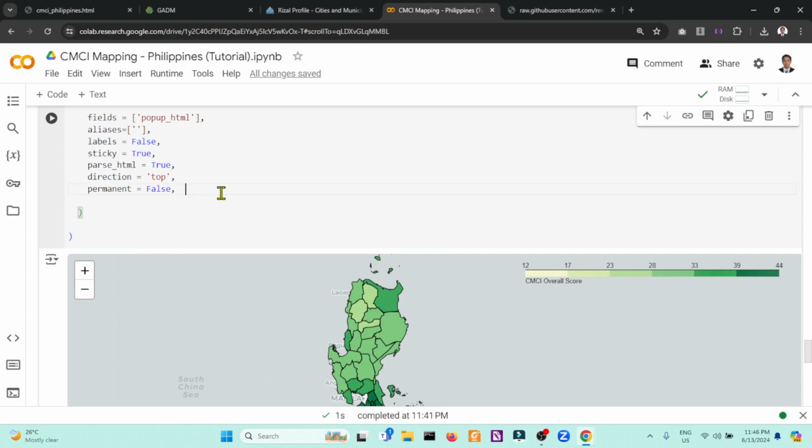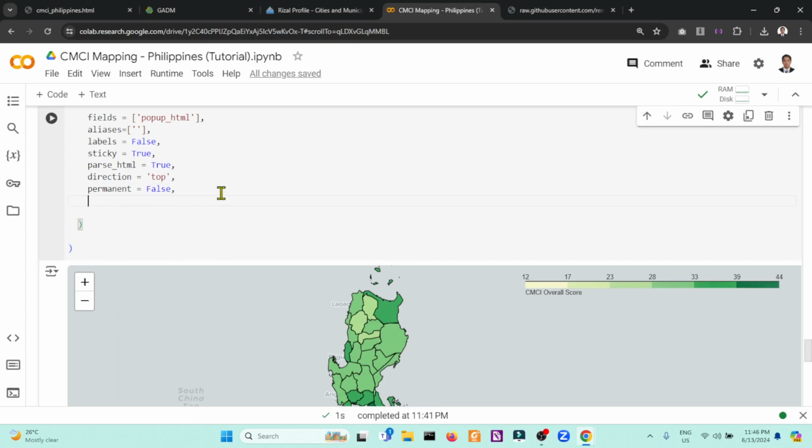Then the last one, since we are dealing with custom HTML inside the tooltip, we need to provide the class name, which in this case, I will define as a Folium custom tooltip. This one is for styling purposes.